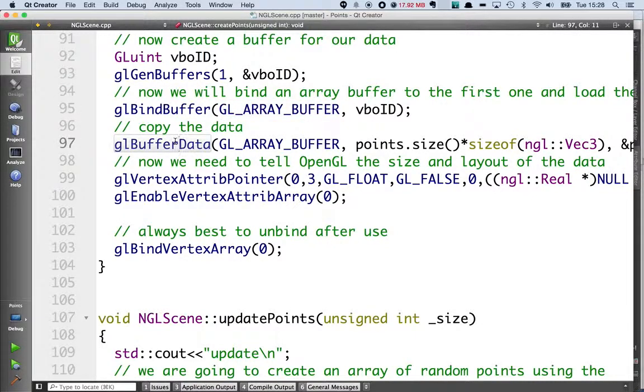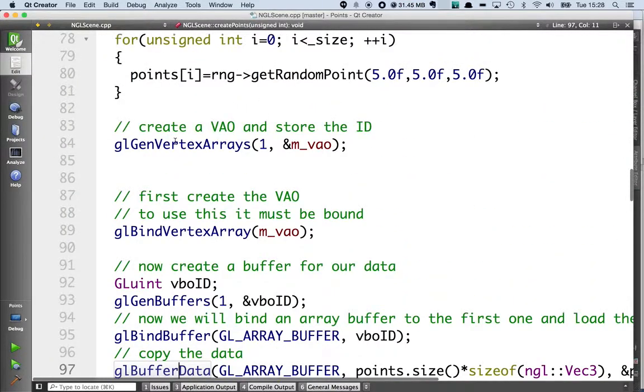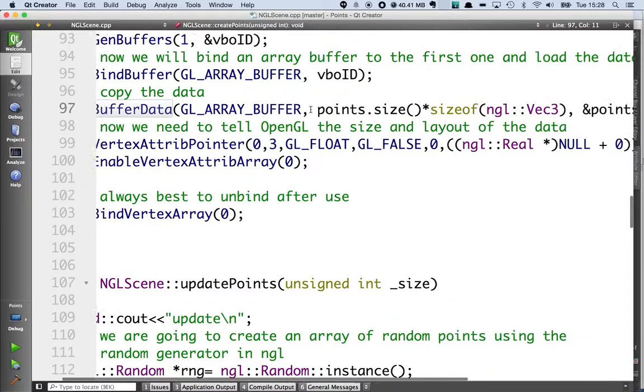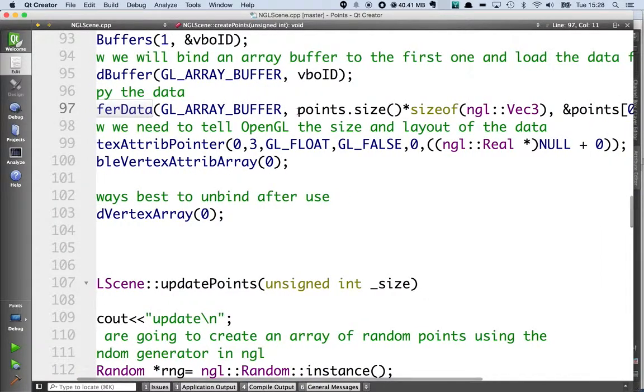Next, I'm going to copy the data into that buffer. Now, because a std::vector is guaranteed to be contiguous, this data is all one after the other, and it's basically an array of floats. I can tell it how big the data is in bytes. So it's the size of the std::vector times the size of what it's containing, in this case a vec3. So that's going to be my 1000 times 3 times 4, which is the size in bytes of a float